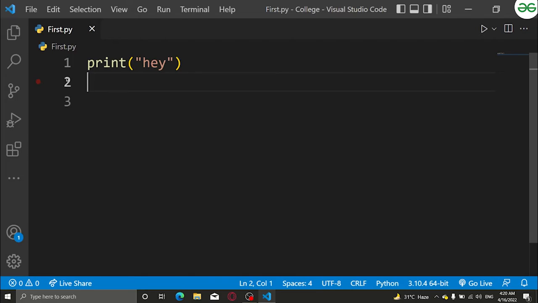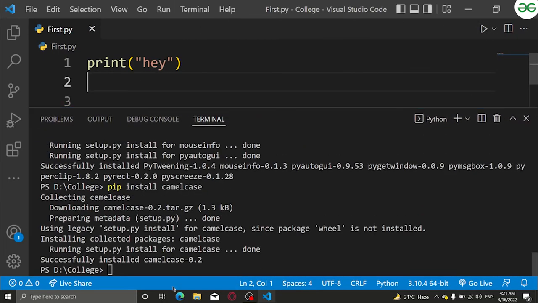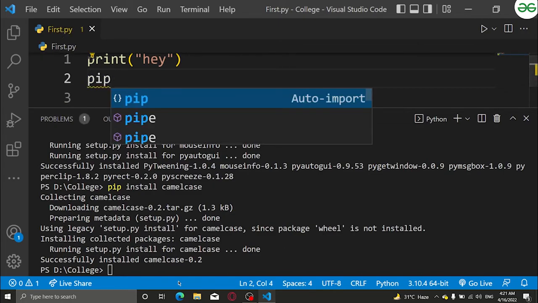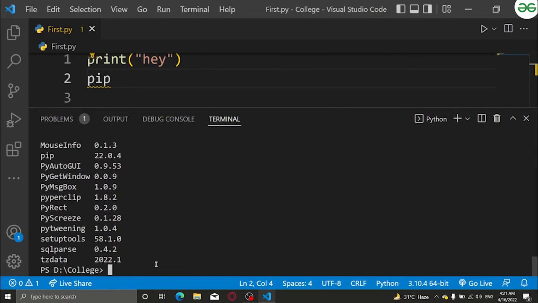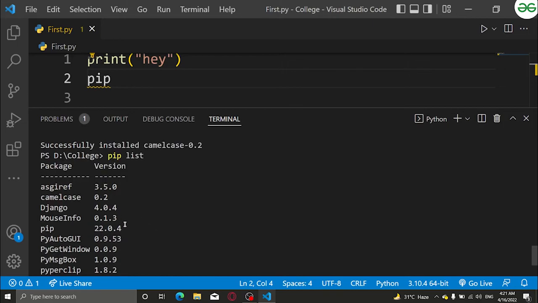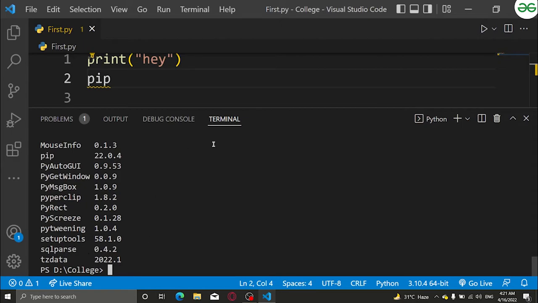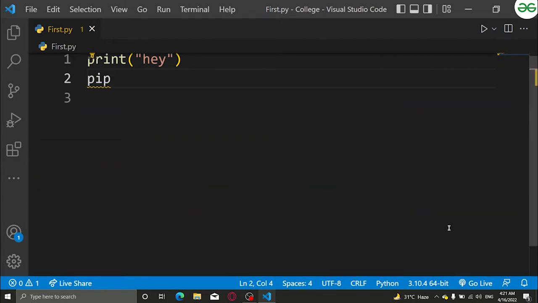There are not many more things you have to learn, but a few functionalities are better to remember. Here I have to write pip list. When I wrote pip list, it told me all the packages related to Python that were installed on my computer, right?